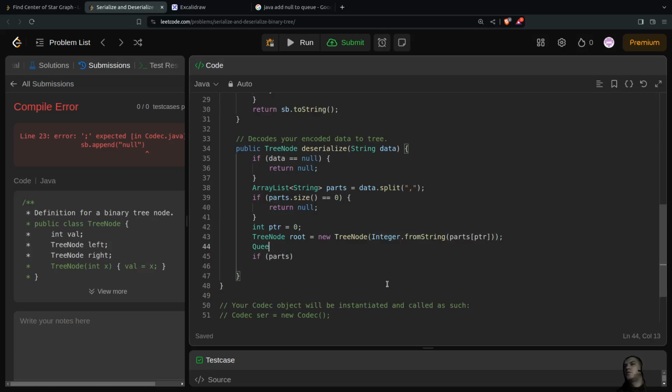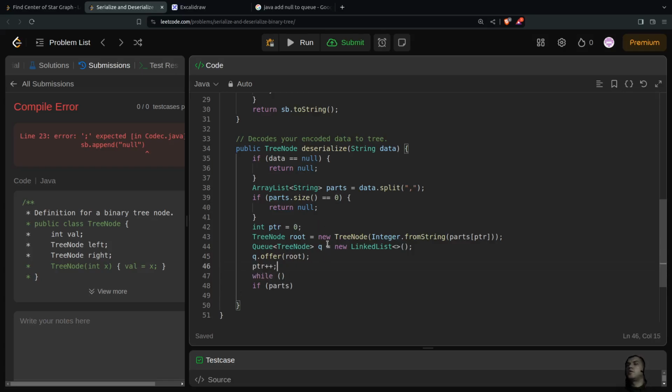And then q, TreeNode q equals a new LinkedList, q.offer root,